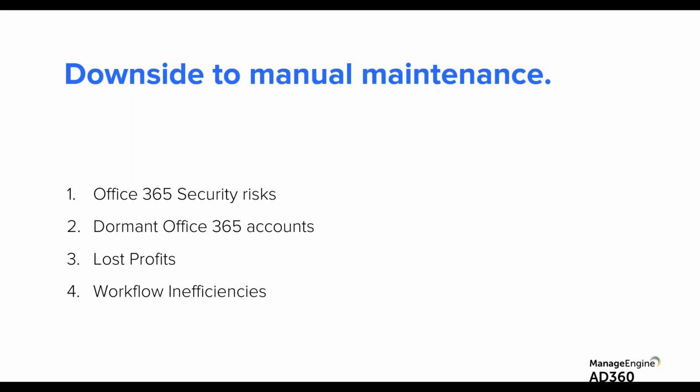Workflow inefficiencies is also a major challenge. How do you get your users, your administrators, different stakeholders, all of them to work in tandem, but not through an email or probably a help desk system? How do you get all of them on board under a single platform and ensure that there is a linear flow of information or requests from one user to another? There's approval, there's review, and all of that happening one after the other. How do you ensure that?